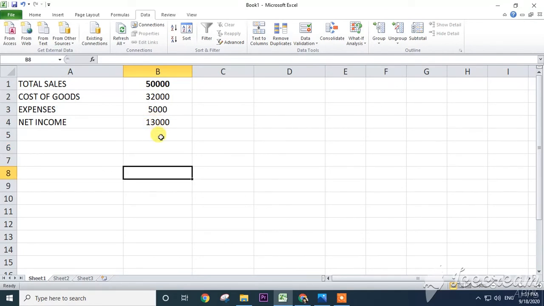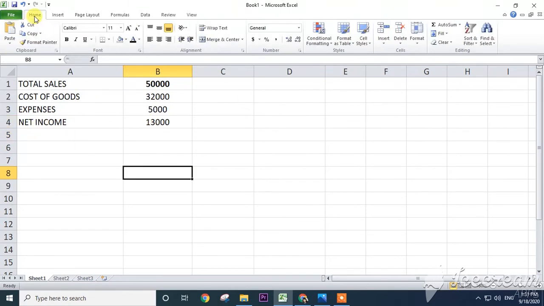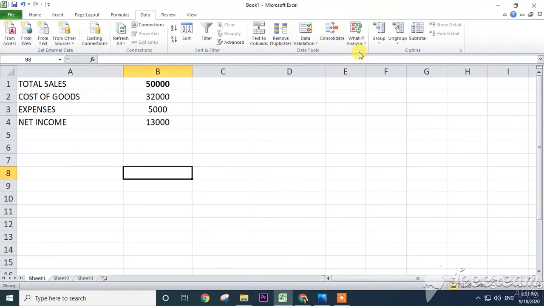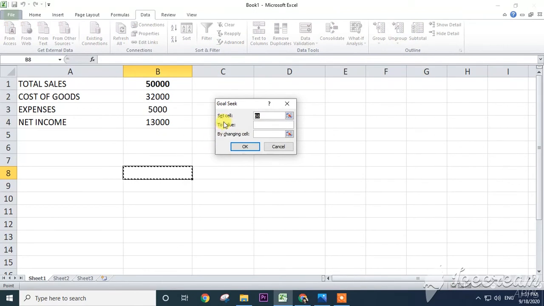Now the second option, let us see the what-if analysis. Click on the Data tab, there is What-If Analysis, and click on the Goal Seek option and Set cell. What is the set cell? Here, this one. And how much value do you want? Suppose you want 25,000 as monthly net income, then which cell do we need to change?